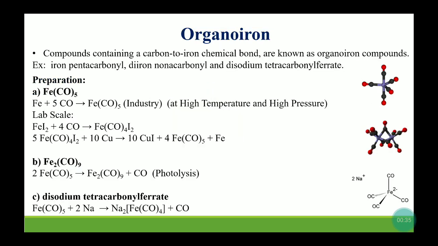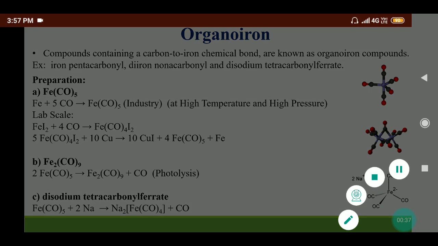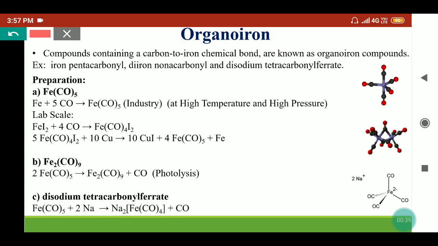Coming to the introduction, organoiron compounds are those compounds which contain a carbon-iron chemical bond. These are known as organoiron compounds. Examples are iron pentacarbonyl, diiron nonacarbonyl, or tetracarbonyl ferrate. Here iron is present in the zero oxidation state. In diiron nonacarbonyl, iron also has a zero oxidation state, while in disodium tetracarbonyl ferrate, iron is present in the -2